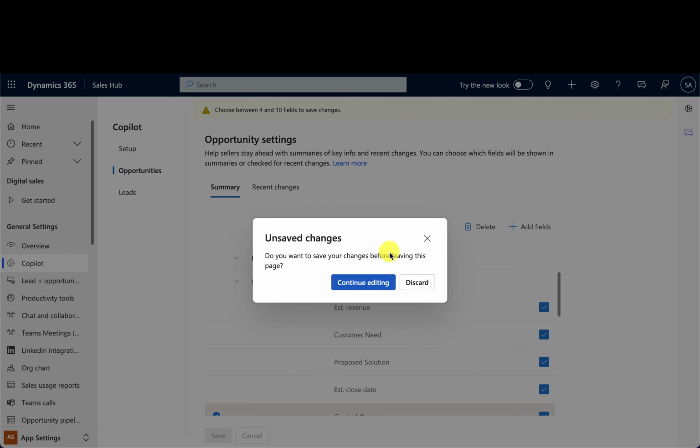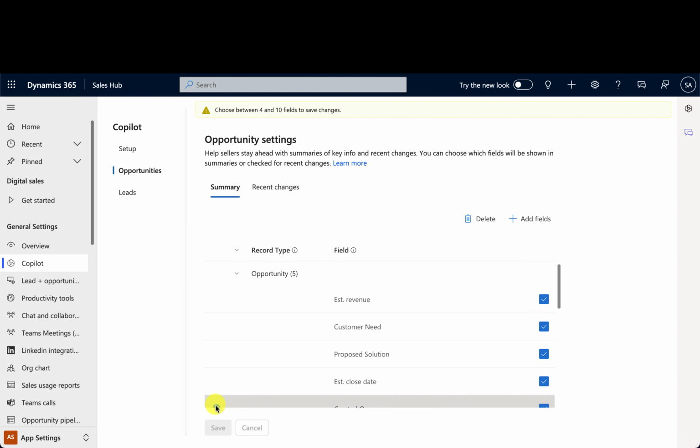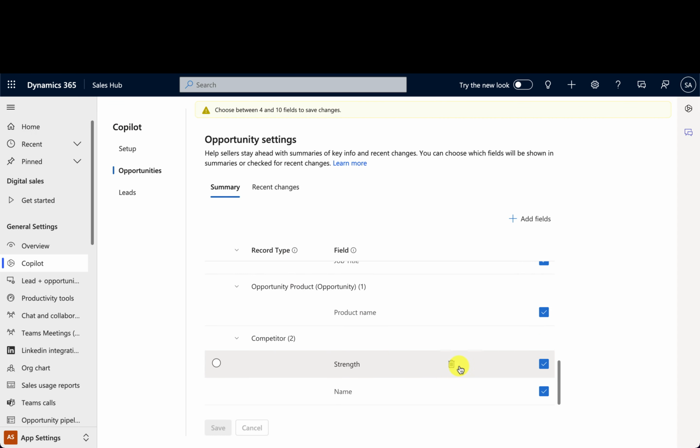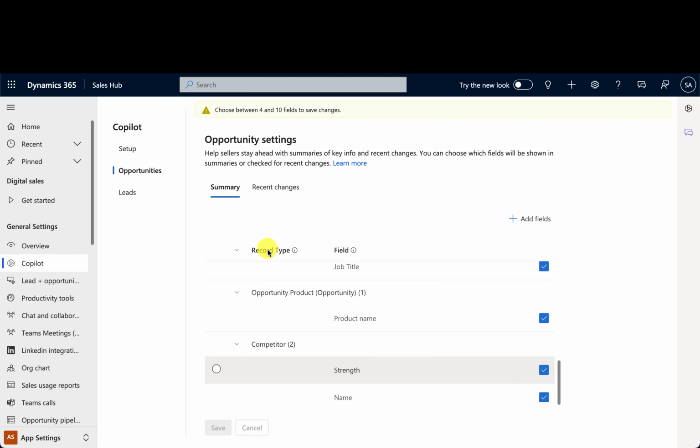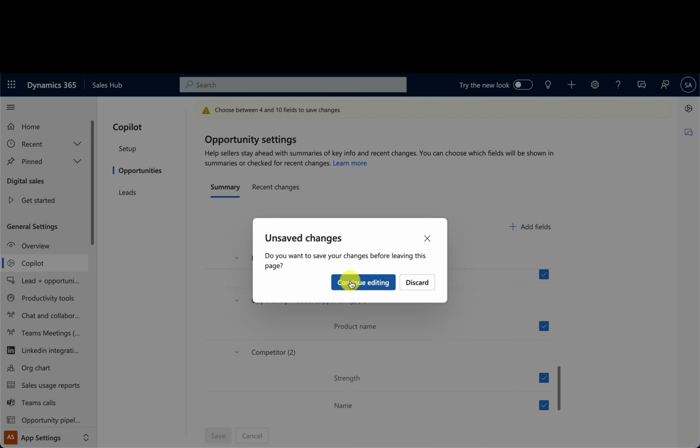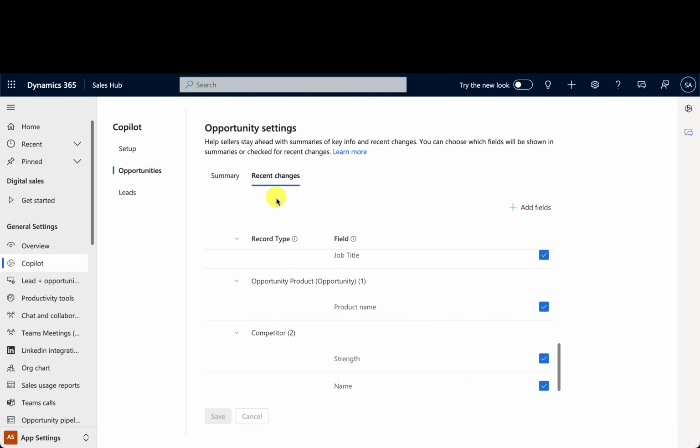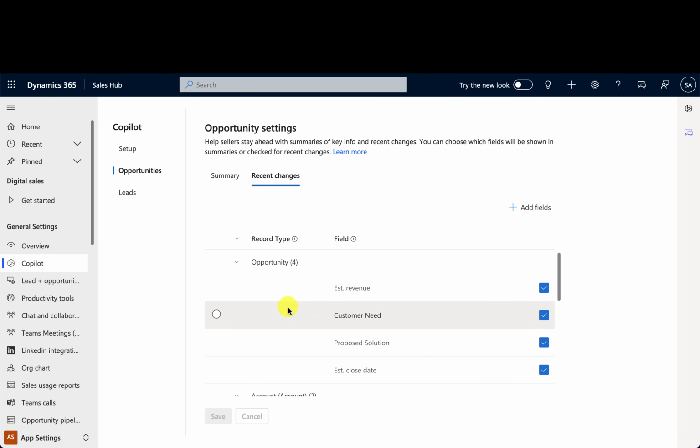Then I can do the same for recent changes. So under recent changes, we can see the different record types and the different fields that I can see.